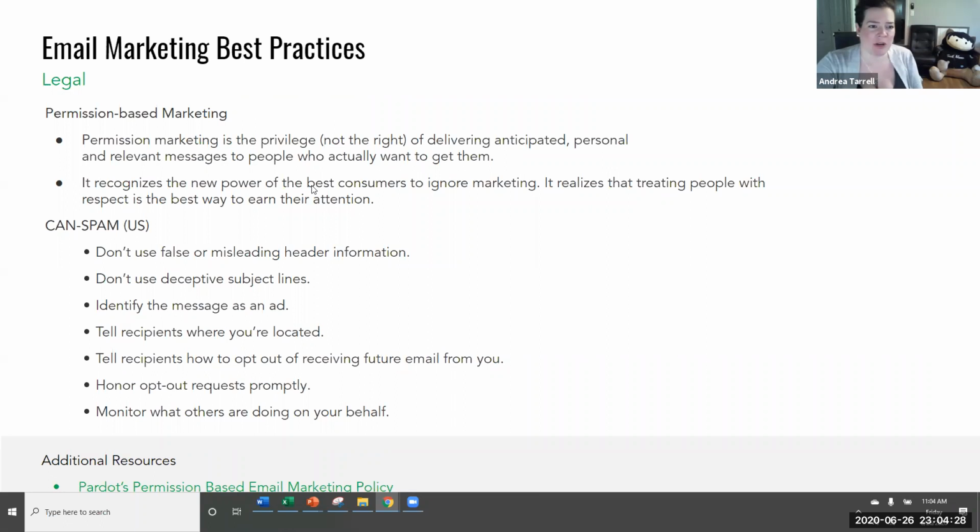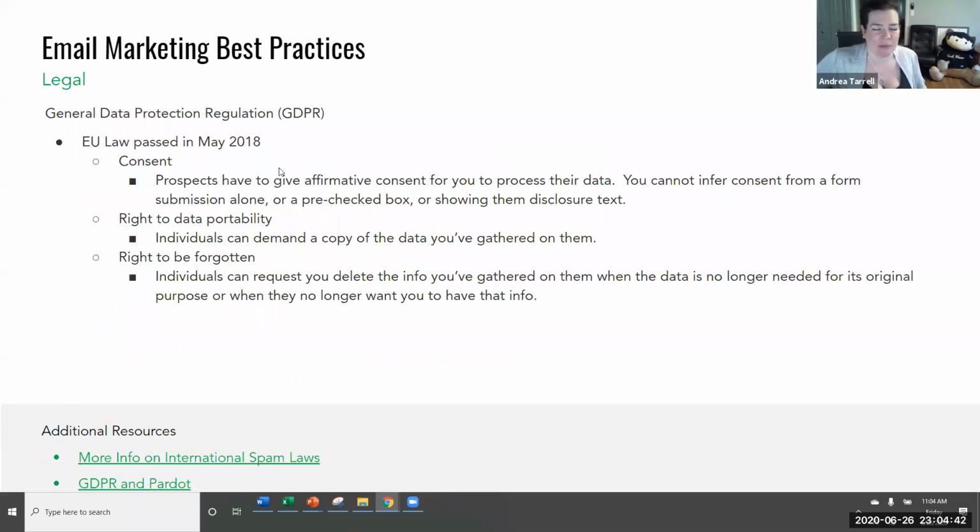Pardot's permission-based marketing policy basically says you have to have opt-in consent from anybody that you are sending to. Other relevant laws: CAN-SPAM is the one in the US that governs email sending, and GDPR is the one that affects everyone in the EU. I would expect that there won't be questions on this on the exam, but just knowing the names of those regulations